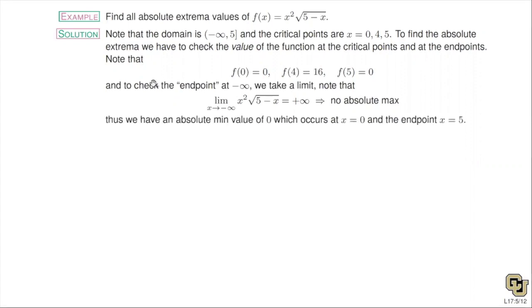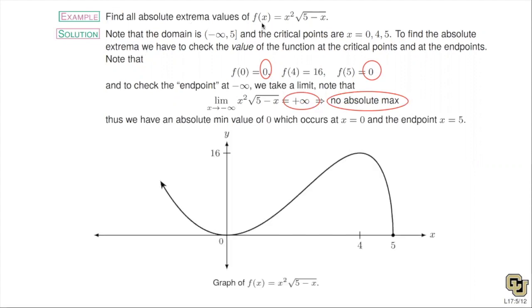So we have an absolute min. If you look at all these numbers, 0 is the smallest number. We have an absolute min value of 0, which occurs in 2 places at 0 and 5. And we have no absolute max, since one side of the function is blowing up to infinity. And you can check the graph looks like this. And this graph is basically from just following the increasing, decreasing behavior, plotting the